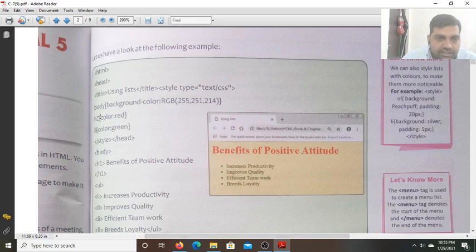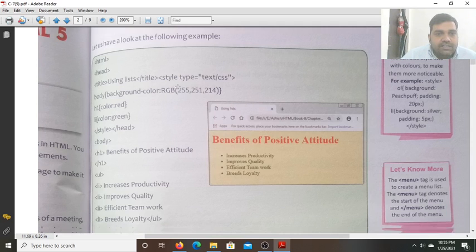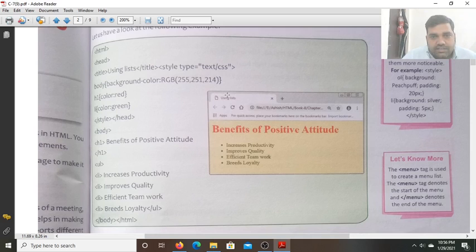Whatever you write inside the head will not appear on the web page. This is the header section, information for the reader who is going to read the code. Inside it is the title tag, open and close. Whatever text you write inside the title, here "using list", appears at the title bar of the web page. As you can see in this window which I am showing you, the topmost horizontal bar is called the title bar. Here it shows Adobe Reader, the name of the application, and C79.pdf, the name of the file. Similarly, "using list" will appear on the web page at the title bar position, as you can see in this output.